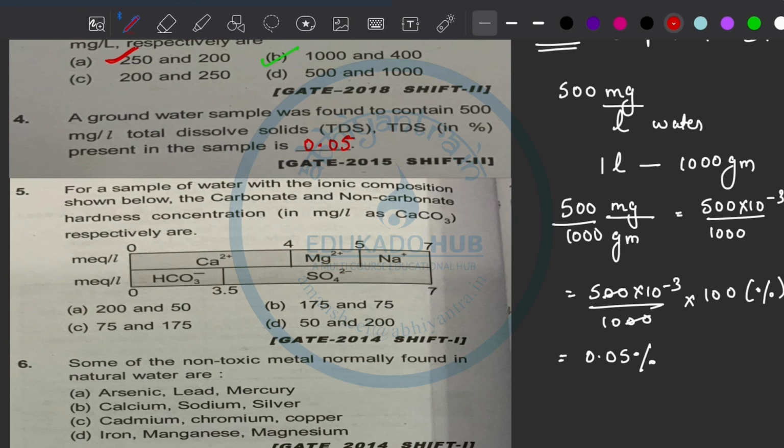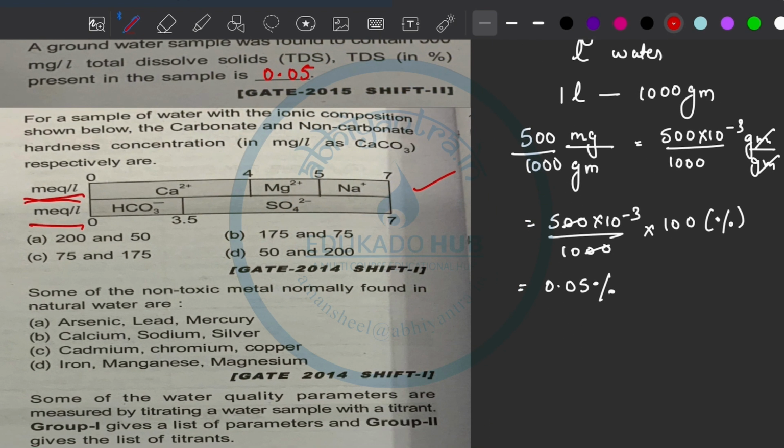For a sample of water with the ionic composition shown below, the carbonate and non-carbonate hardness concentration in milligram per liter as CaCO3 respectively are. So here the table is given. The values are in milli equivalent per liter, and I have to calculate the carbonate and non-carbonate hardness concentration. Okay, so from this chart we can see that